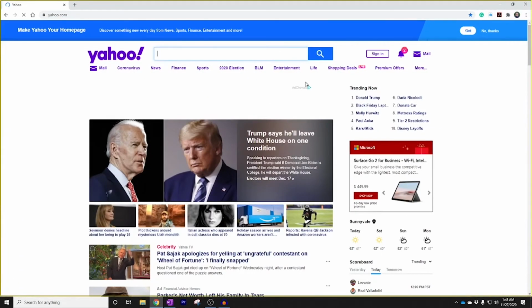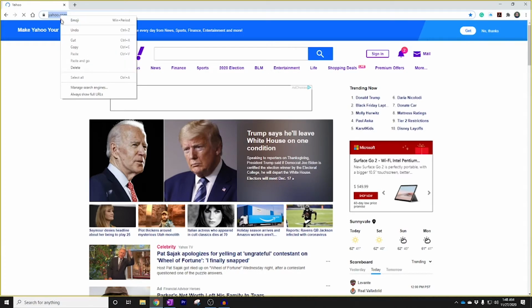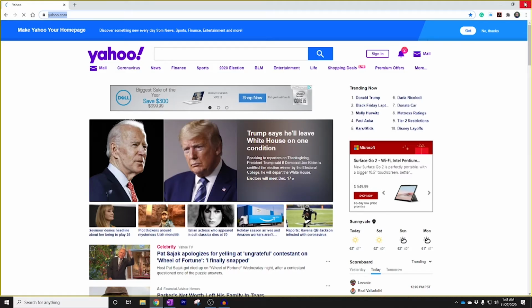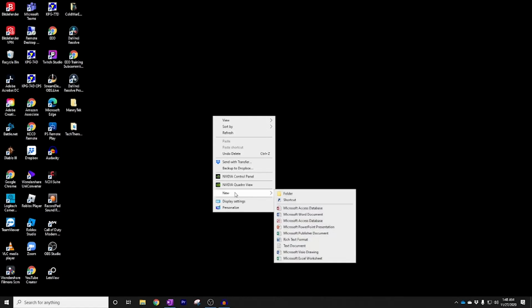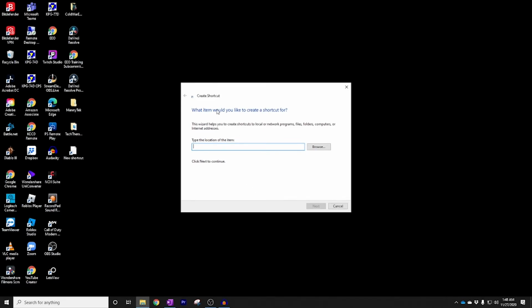The easy way is you're gonna click on the name of the site. In this case it will be yahoo.com. Right click, you copy it, and then you go right here, right click in your mouse, and you're gonna create a new, you tell a new shortcut. It's gonna open this menu where you're gonna put the address that you copy. In this case was yahoo.com. You click paste, yahoo.com. Next, here you're gonna name it. Use the Yahoo site